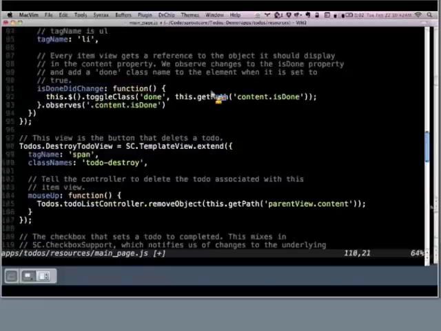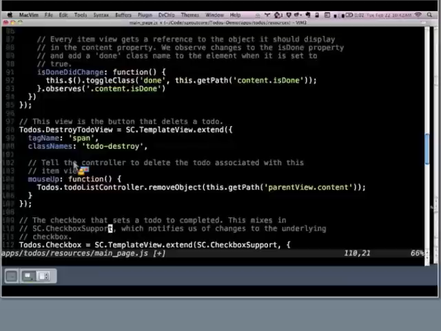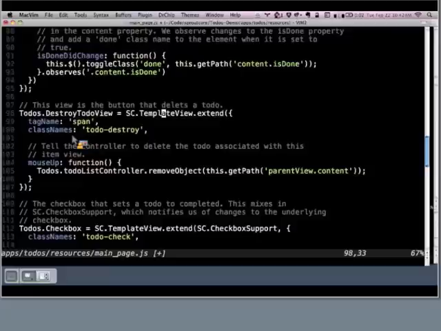The destroy to-do view basically is a template view without any special mixins. It's just a little div, and we make it a span because that's what CSS we have. And then on mouse up, we just go to the controller and we remove an object. Again, we grab the content out of the parent view. So this destroy to-do view,